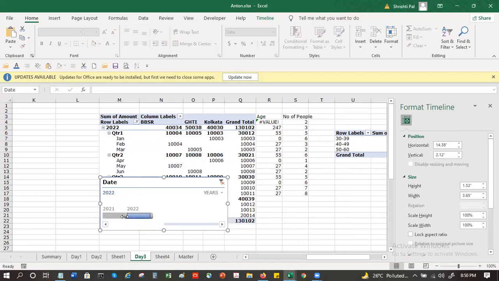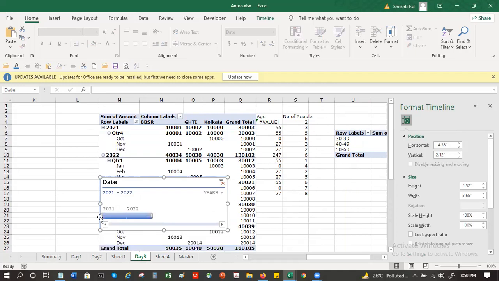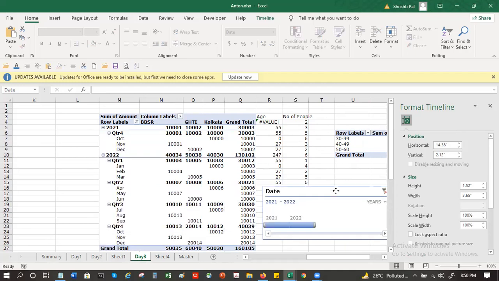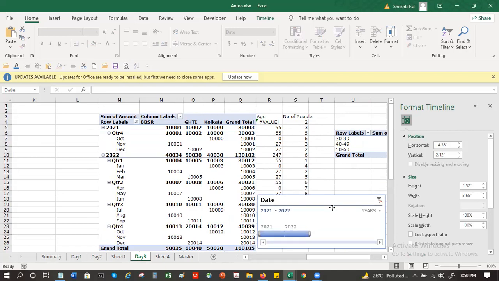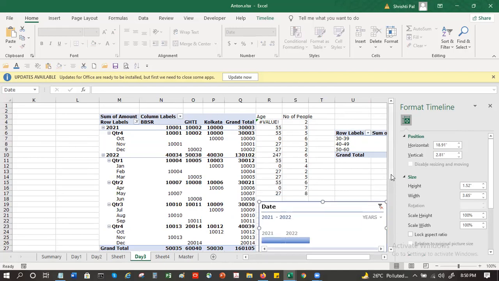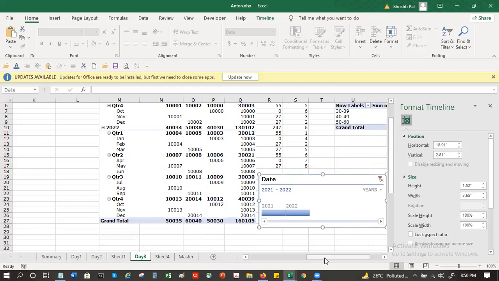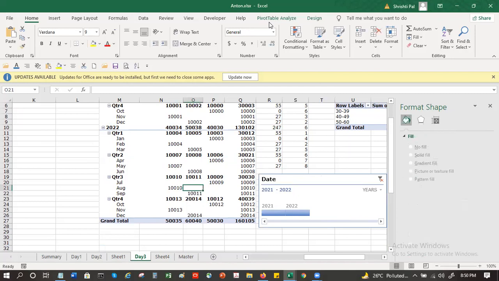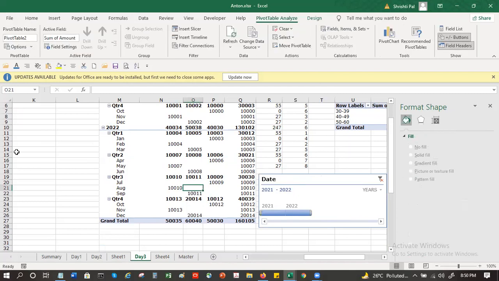And you want 2021 and 2022, just drag them. Got it. These are nowadays visual ways to do this. Filter is always there, good old filter, but besides that, you may want to use these features as well. And this can go on your summary sheet. So you ask people to slide in and out and their data will change. Great stuff will happen.